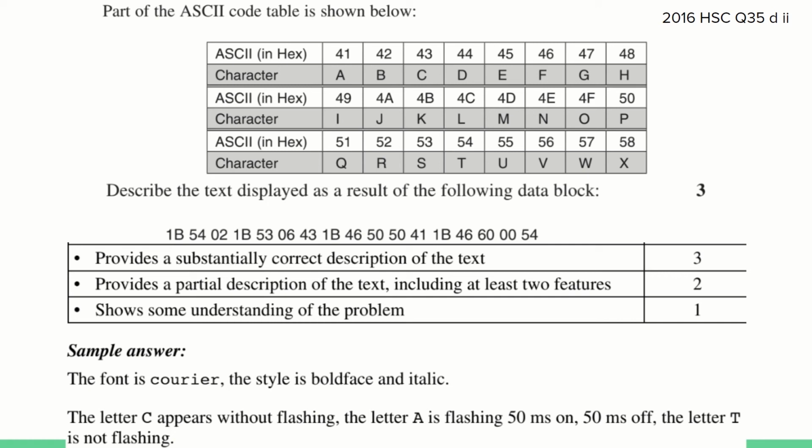So, we're given a letter C, which is in uppercase. We're then given a letter A. So here, we've got uppercase C, 43. We've got our uppercase A in 41. And then we've got 54, so that's uppercase T, not the other way around. Now, when we look at these, we then notice that